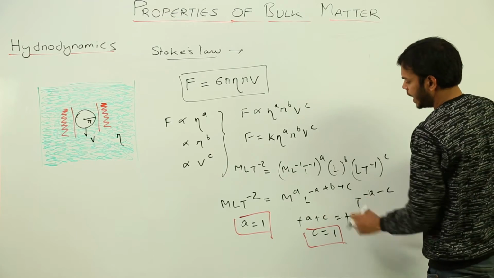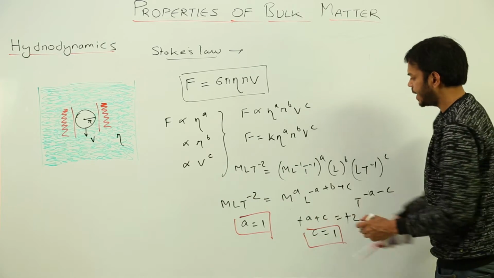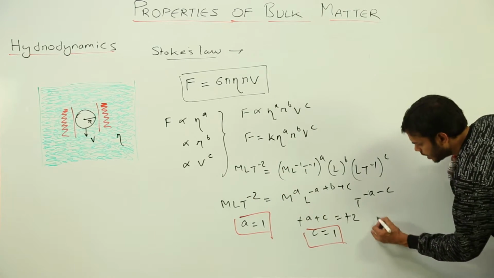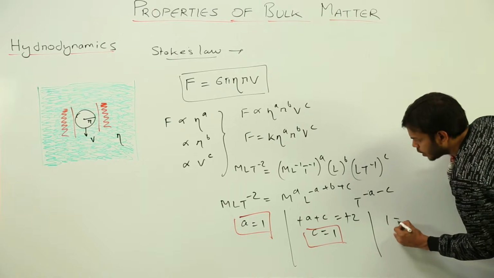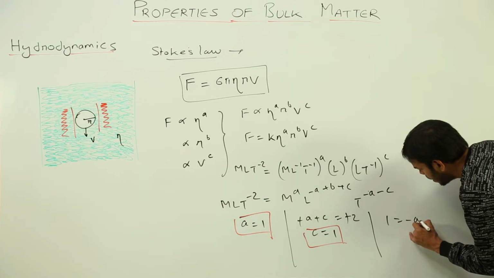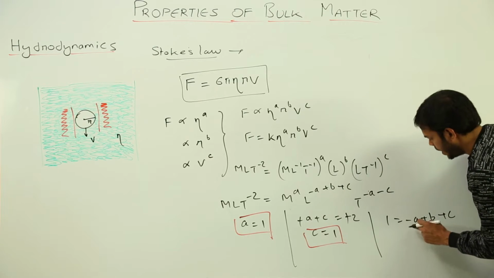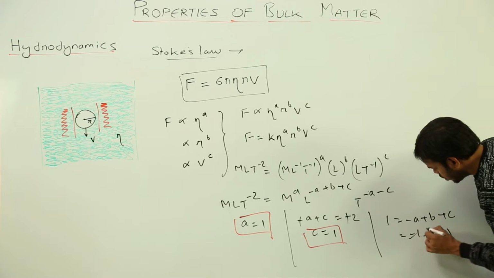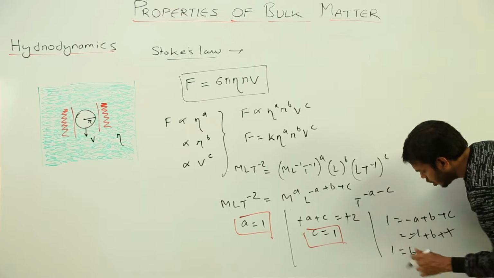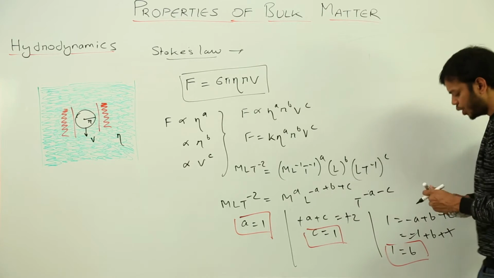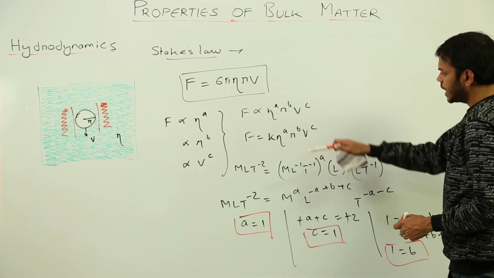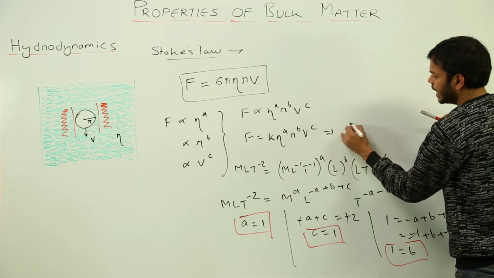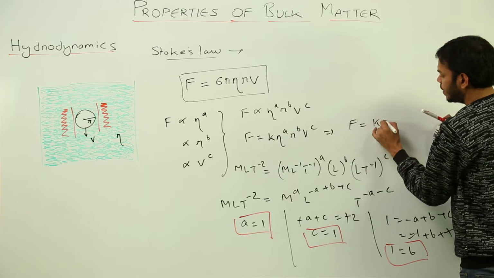Putting the values of a and c in the L equation, 1 is equal to minus a plus b plus c. A is 1 and c is also 1, so they cancel out, which gives b is also equal to 1. Therefore putting the values of a, b, c in this equation, I'll get F is equal to k,